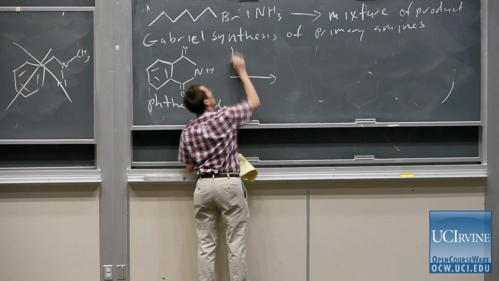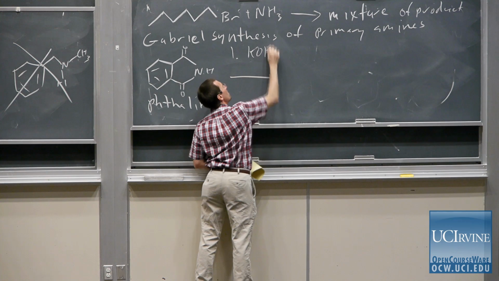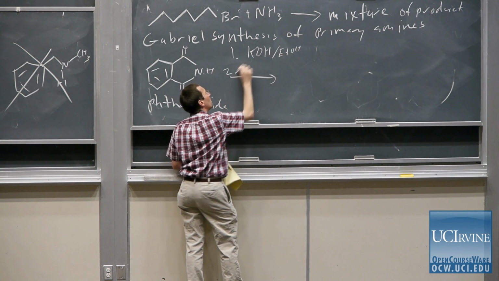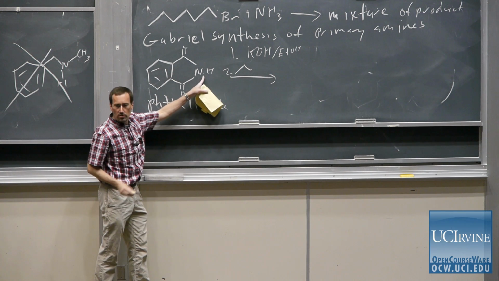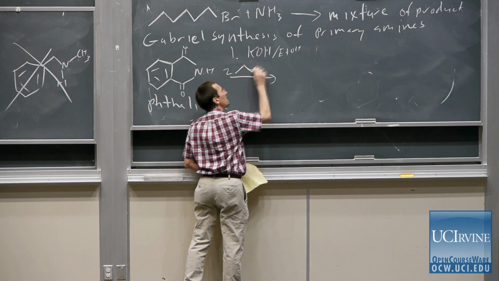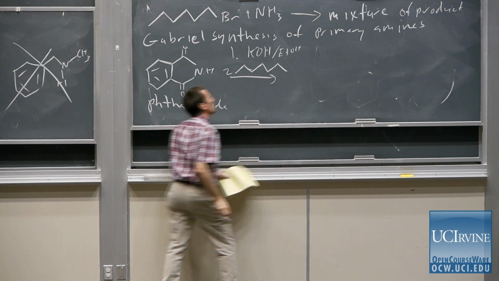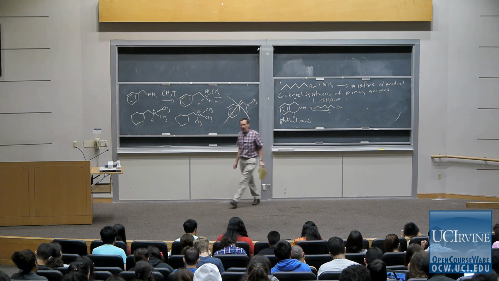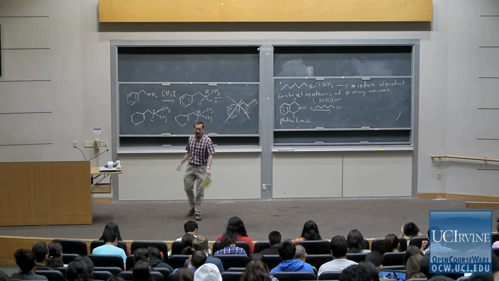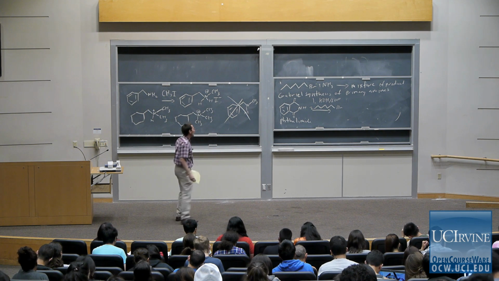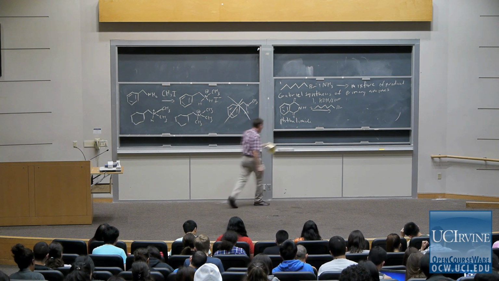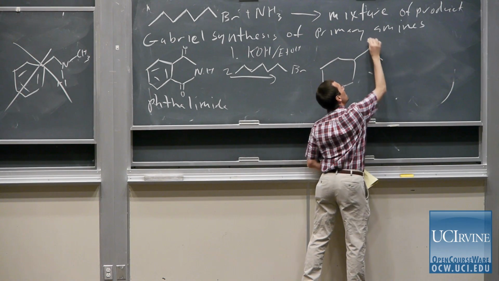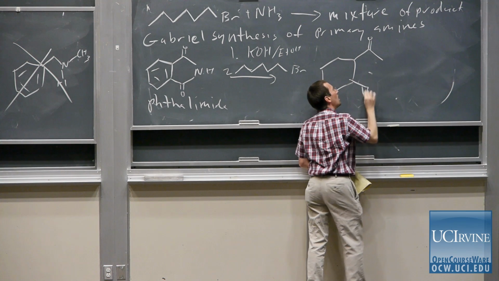And so if you treat this with a base like potassium hydroxide in ethanol, and you pull off the proton, you generate the anion. The anion is nucleophilic, but it's nucleophilic in a controlled fashion. So now if you add your alkyl halide that can participate in an SN2 reaction, if you add your hexyl bromide, it alkylates, and then what you can do